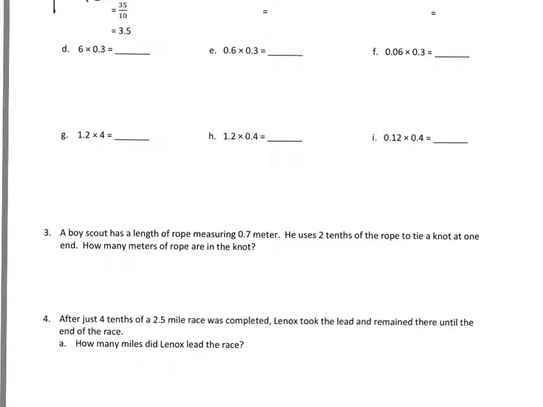5 times 7 is 35. 1 times 10 is 10. So I have 35 tenths. Now remember, when I'm writing that, tenths means I can only have one place after the decimal, so the 3 goes in the front to make it a whole number. Looking here, I have 5 tenths,